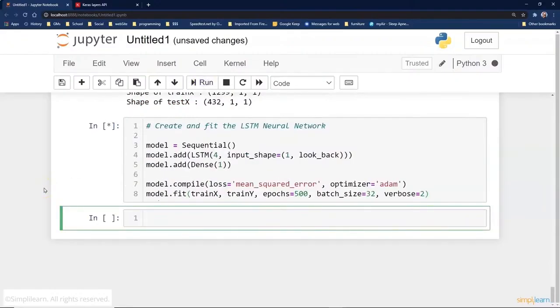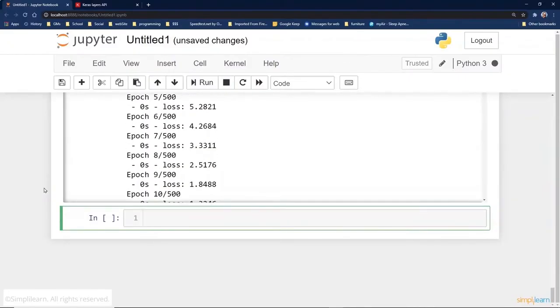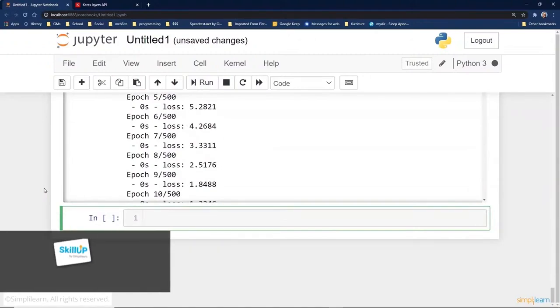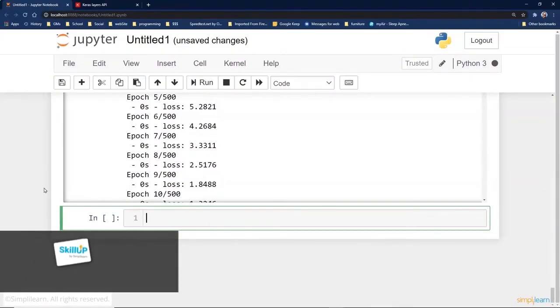And this is going to take a few minutes to run because it's going through 500 times through all the data. So if you have a huge data set, this is the point where you're kind of wondering, oh my gosh, is this going to finish tomorrow? If I'm running this on a single machine and I have a terabyte